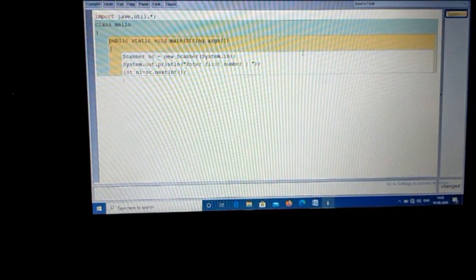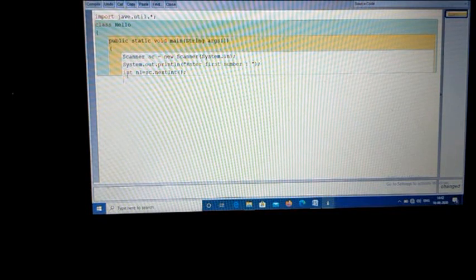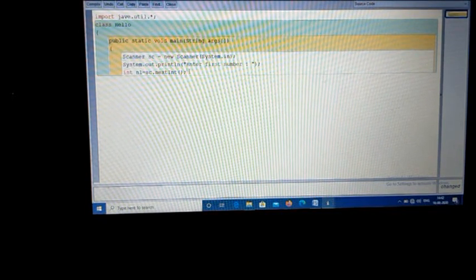Same for the next line, no need to write once again, I just copy paste these. Control C, come to the next line, Control V. Here I just change, instead of first I write second, Enter second number. Here I just change the variable to n2. If you want to take more integer numbers from the user, you can implement it in the same way.